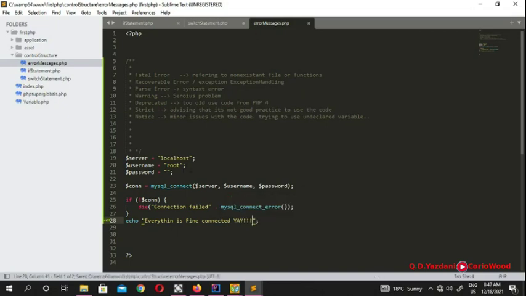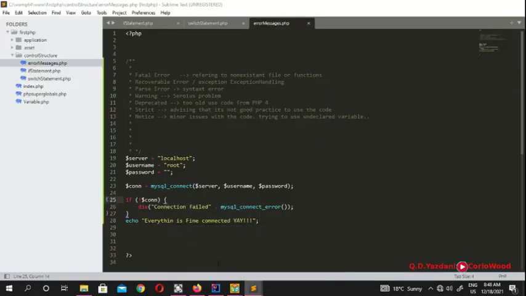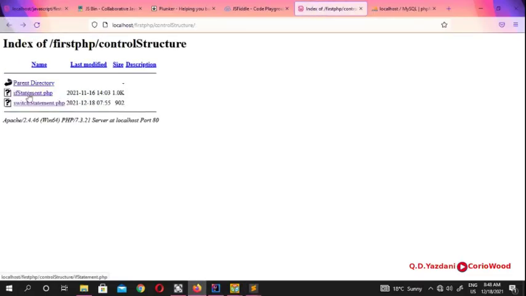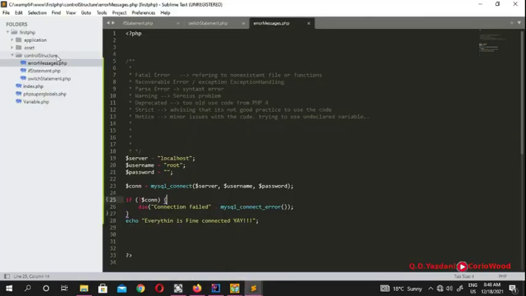All right, so we're gonna see what type of message it gives from the above, because there are a few errors that I just wanted to explain to you guys. So if you guys go here, what is the file name? The file name is error messages. Okay, so we're gonna go, and where is our file located? Your file is located in a control structure. Okay,